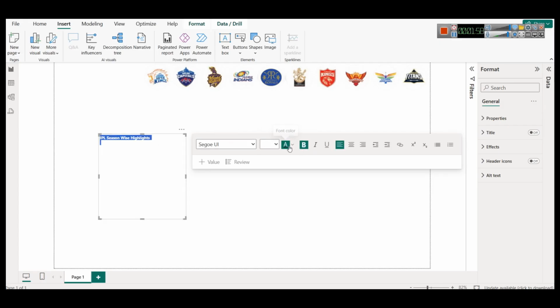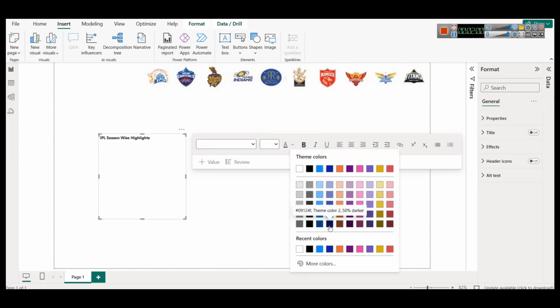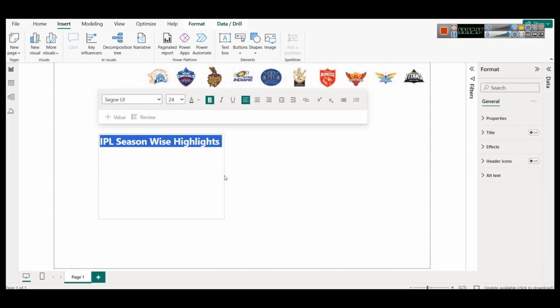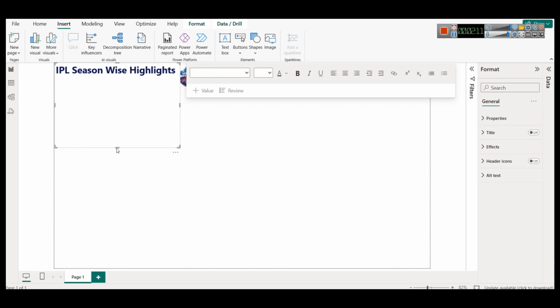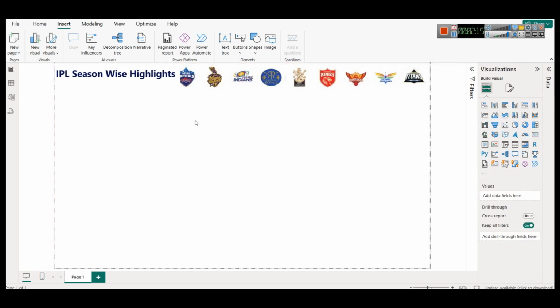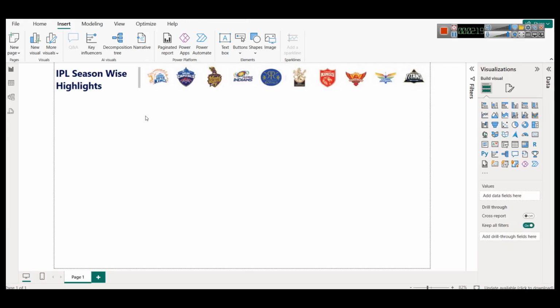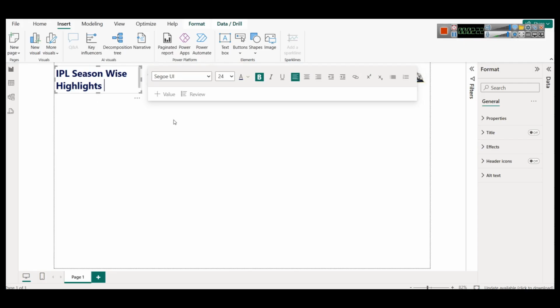So I will use a blue text color which will be good for this analysis, a font color of around 24. This will be good, and we will put it here,